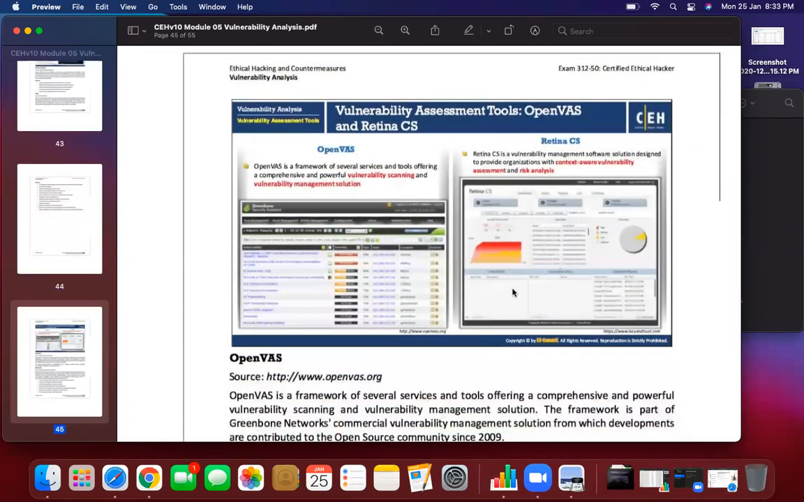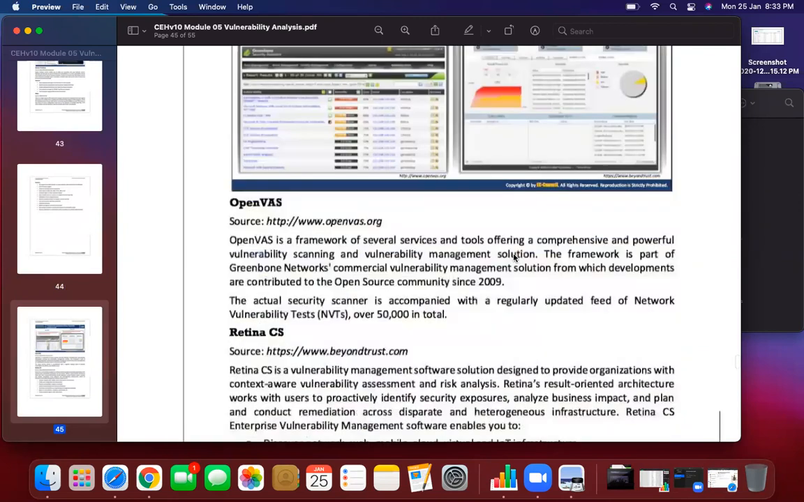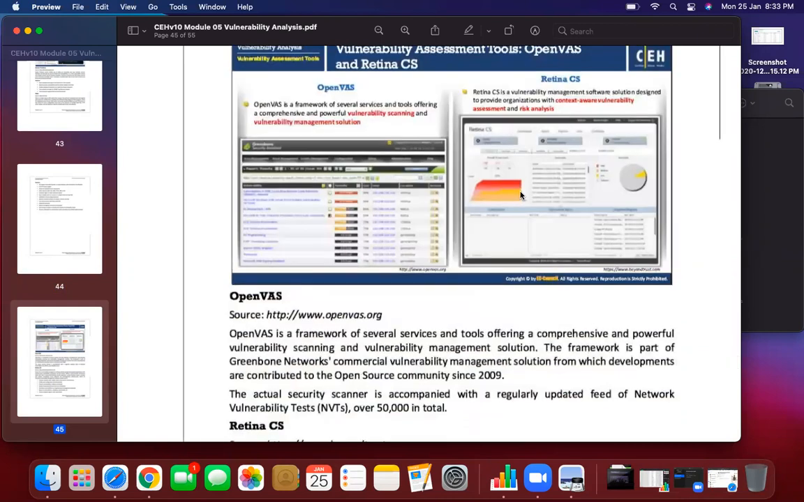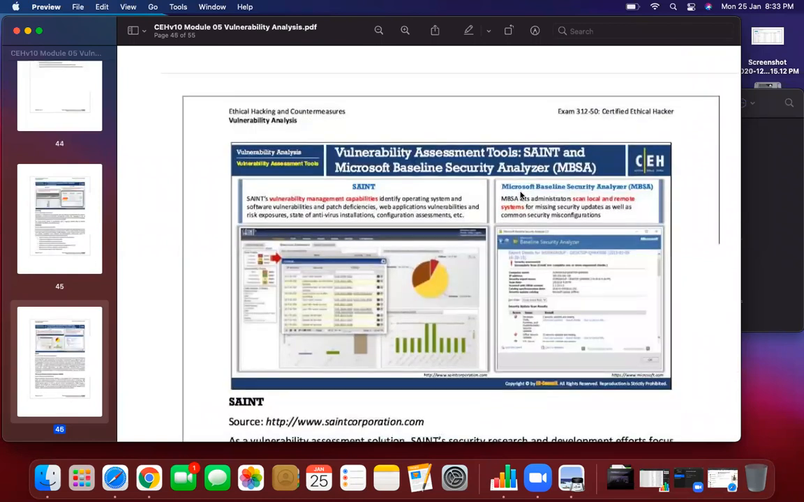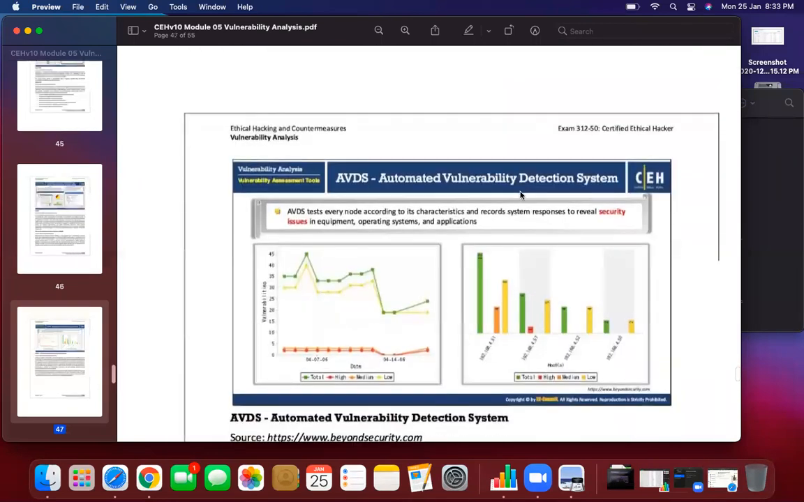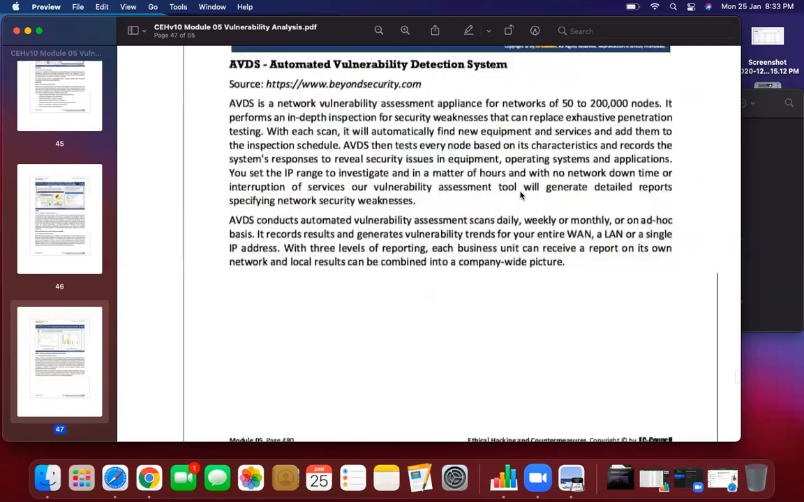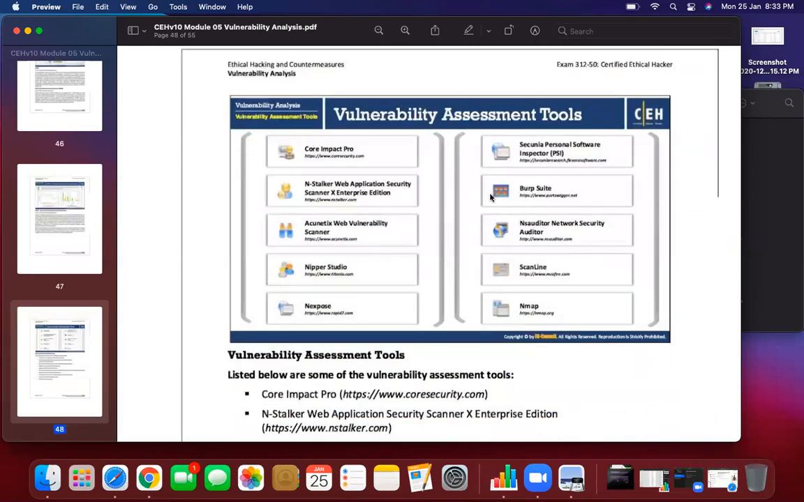Then we have OpenVAS, Retina CS. These two will not have practicals because they are meant only for networks. They are generally installed in the network and run continuously 24 into 7, 24 hours, 365 days. And if there is some vulnerability, it will alert the admin that there are some issues. Apart from that, we have this many tools: Core Impact Pro, NetStalker, Acunetix, Sniper Studio, Nexpose, Secunia, Burp Suite, NS Auditor, Scanline, and